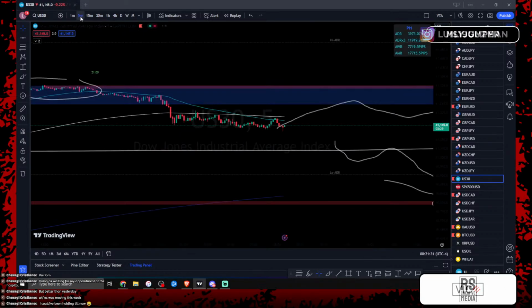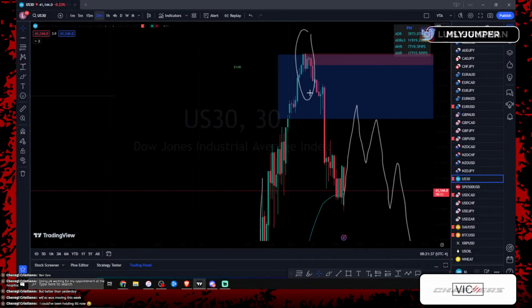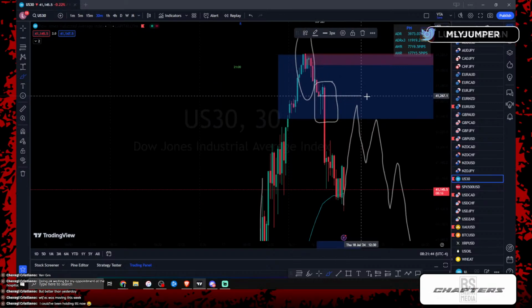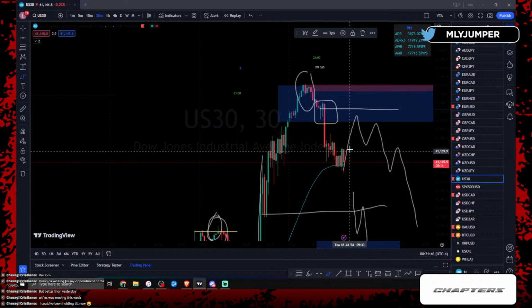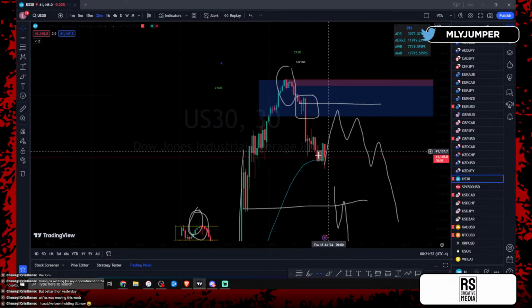Now, could we, again, there's one thing that's telling us price is going to continue to go short. And the only thing is an engulfing candle in the 30-minute time frame, which is, again, this right here. This engulfing pattern, the two green candles and that red push to the bottom, could price use this zone again to go up, tap into this zone, and then start going back down again? Absolutely. But as of right now,